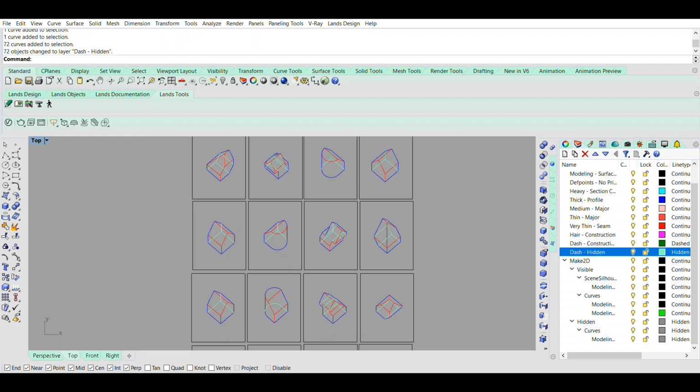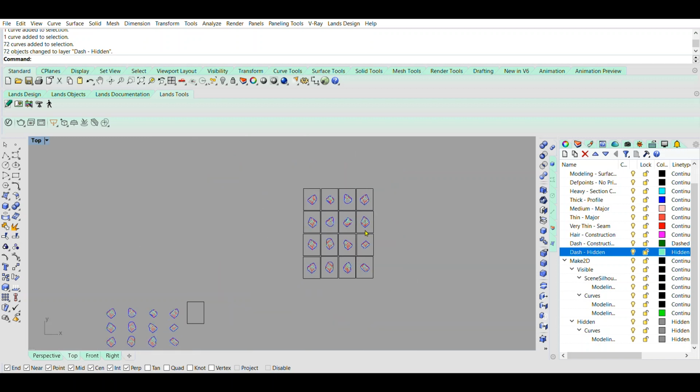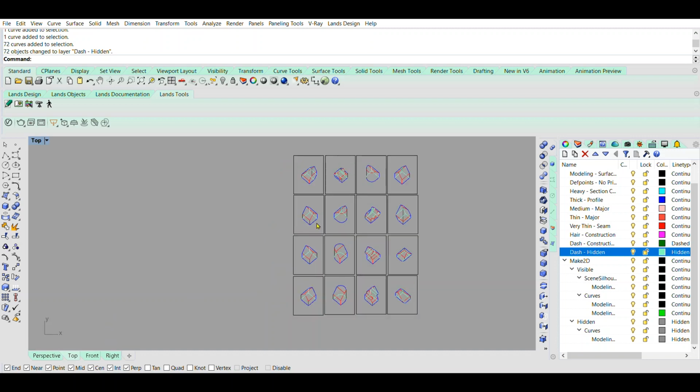And then from there, we can also assign any construction lines or any other virtual information that we consider important to the construction layer if we deem necessary as well. And then we can scale the drawings as well. And then from there, we can export that from Rhino to Illustrator, and then edit the line weights from there, and then save and print that as well from Illustrator, similar to how we exported the